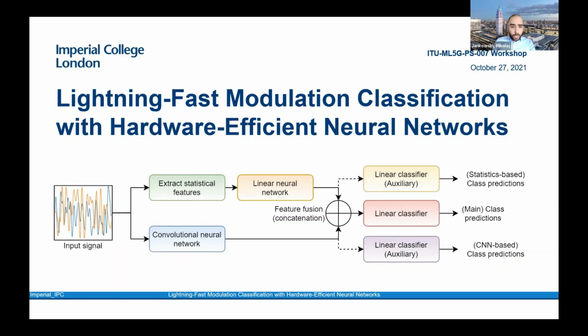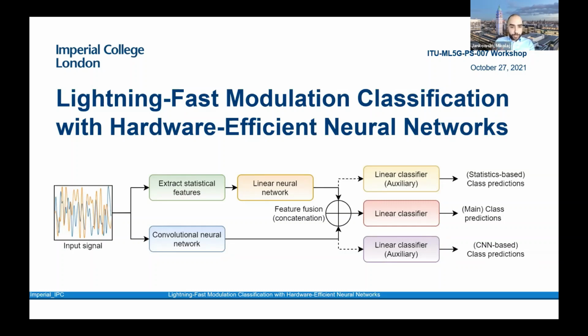I would like to start by showing you the overall architecture and data processing flow for our algorithm. As you can see from the figure, we introduce multiple modifications to the baseline neural network. First of all, instead of merely considering a convolutional neural network as a feature extractor, we introduce two preliminary processing branches, one of which extracts convolutional features from the raw data samples, while the other one processes meaningful handcrafted statistical features of the input signal.